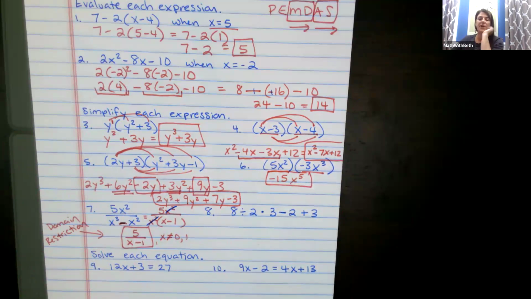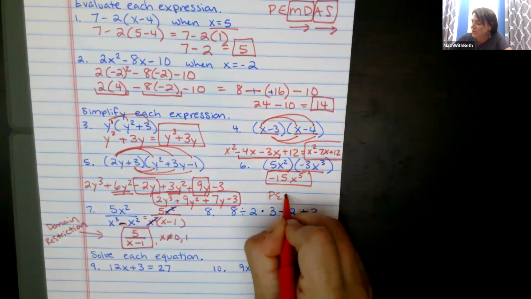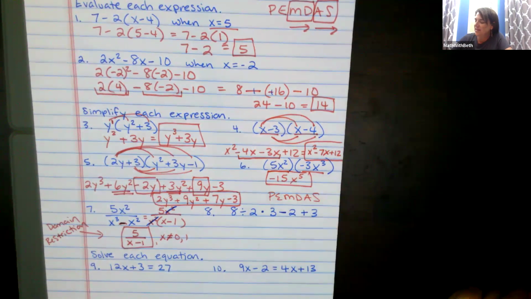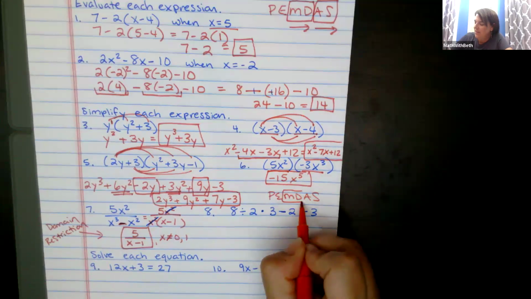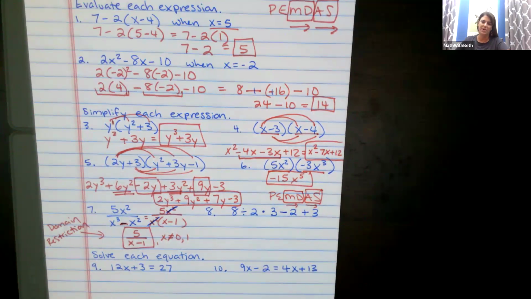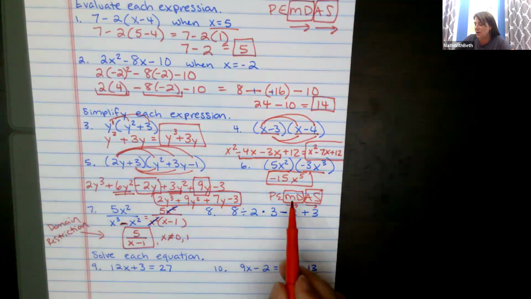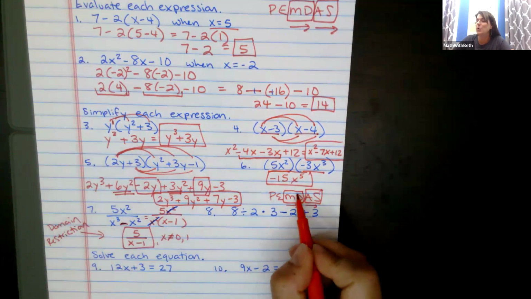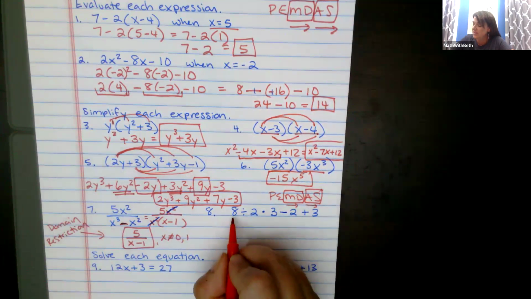Okay, 8, all we're doing is simplifying this, so just do what it says. But remember that you need to do order of operations, and as I told you a minute ago, the M and the D and the A and the S actually go together as one step. If you have them both, you go left to right. So a lot of people get this one wrong because they want to multiply first. There's no parentheses, there's no exponent, so everyone thinks now we multiply. No, now we multiply or divide, and if we have both, we go left to right,